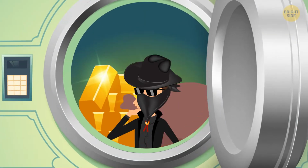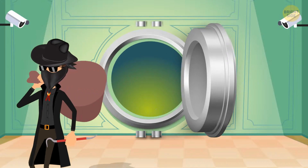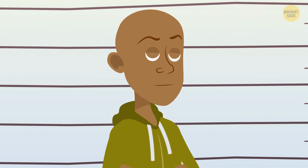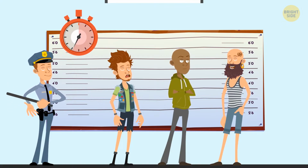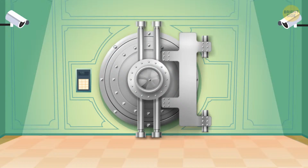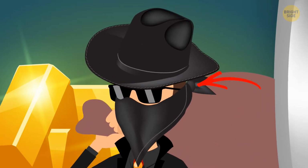A man wearing a hat, a bandana covering his face, and dark sunglasses robbed a bank. The police have 3 suspects. Look at them and try to figure out which one is the criminal. Usually, people tie bandanas under their ears, but in this case, the bandana covers the ears, probably hiding something that